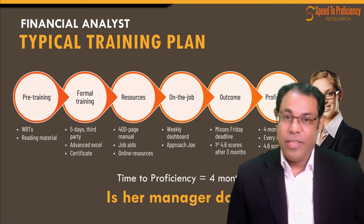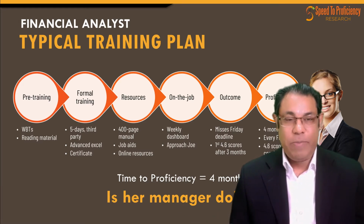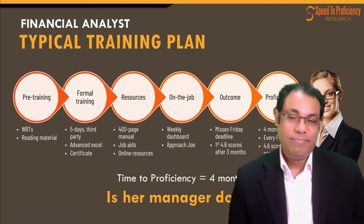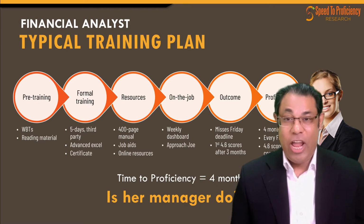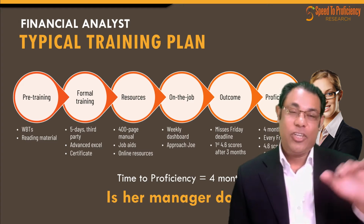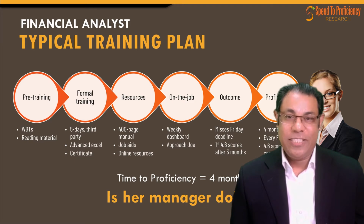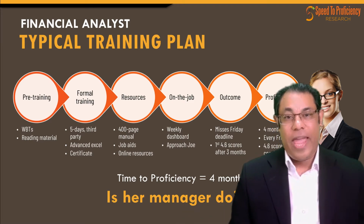resource. The manager assigns her to generate and send a weekly dashboard of expenses to key officials. She's told, in case of any problem, approach Joe. Her dashboard misses the deadline of Friday on several occasions. Her first feedback score of 4.6 is achieved in 3 months, but then it drops again. It took her 4 months to reach the stage where her dashboard went out consistently on every Friday and bagged